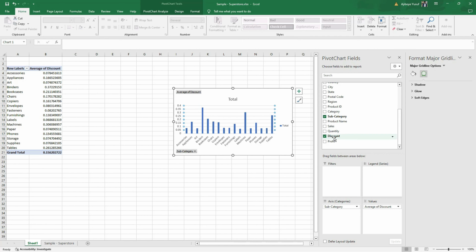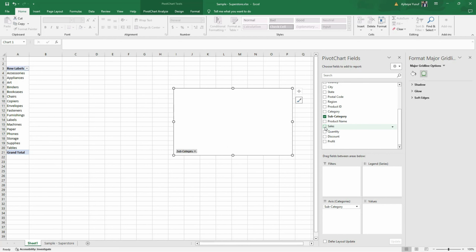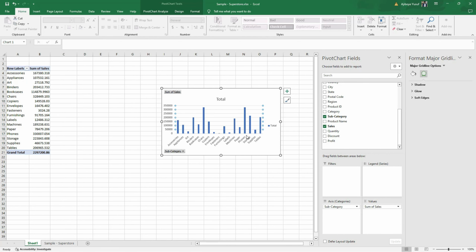Let's do the same thing for sales. So when it comes to sales, we can see that obviously the phones, the copiers, obviously. Chairs, for some weird reason, are having a whole lot of sales, but phones have more sales than it, I guess. But these sales of chairs are not bringing in profits, like I said. As you can also see, tables also have some sales, but they're not bringing in profit. So that being said,